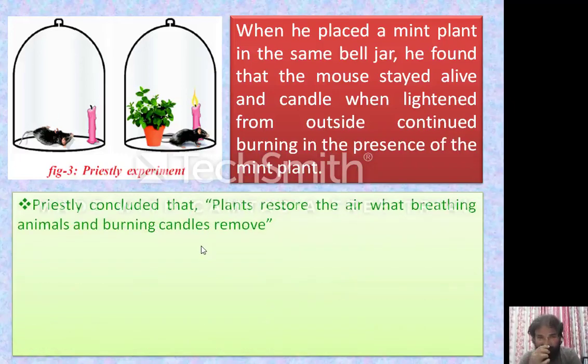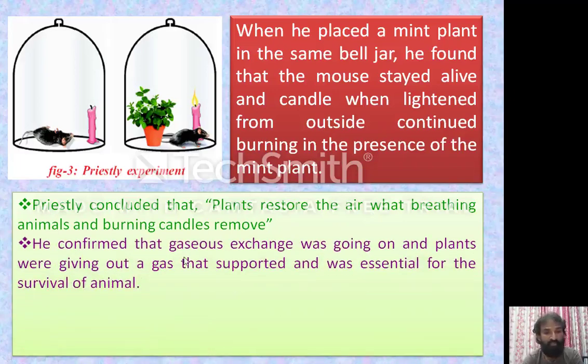After conducting this experiment, Priestley concluded that the plant restored the air. In the series of experiments, when the mouse died, it had damaged the air. When he put in the mint plant, what happened? The plant restored the damaged air. The plants restore the air that breathing animals and burning candles remove. So he confirmed that gaseous exchange was going on, and plants were giving out a gas that was essential for the survival of